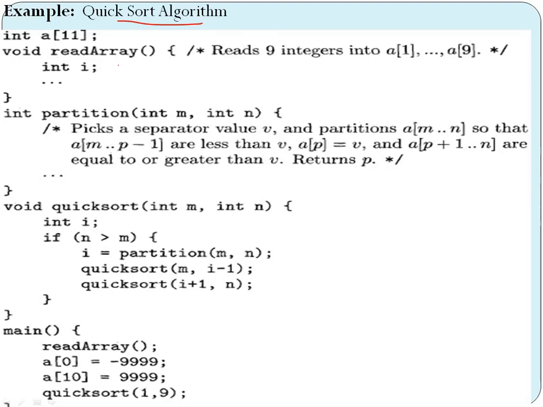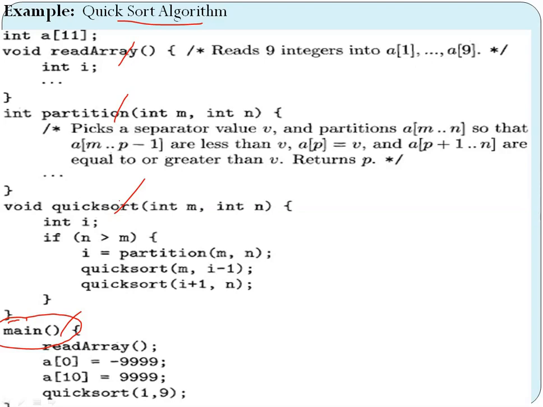Here there are many functions: read array, partition, quicksort, and the main function. As usual, the program execution starts from the main function. When program execution starts, one activation record is created and pushed onto the stack area.